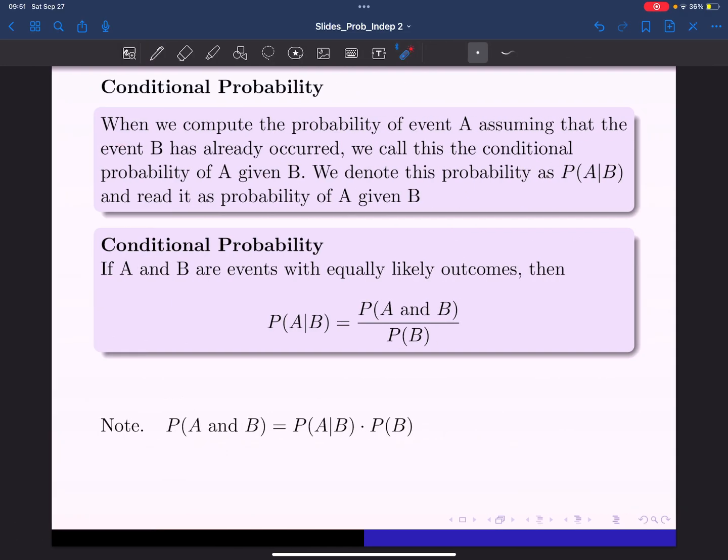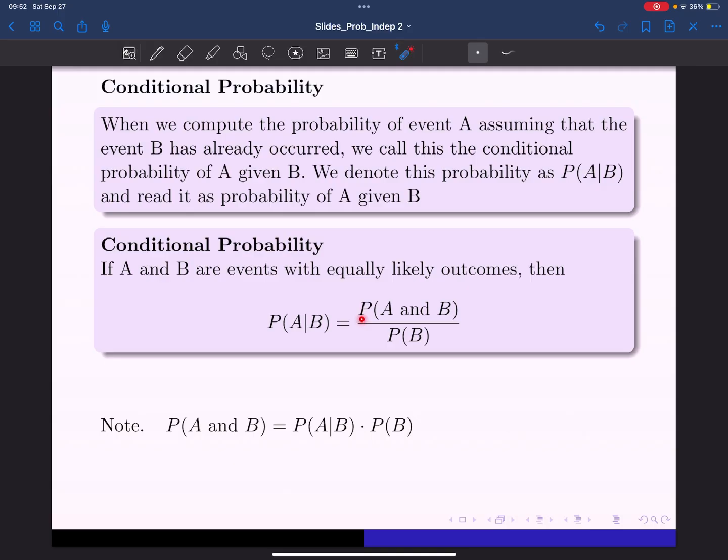Conditional probability. When we compute the probability of event A, assuming that event B has already occurred, we call this conditional probability of A given B. This probability is denoted P(A given B), or P(A|B). The conditional probability of A given B